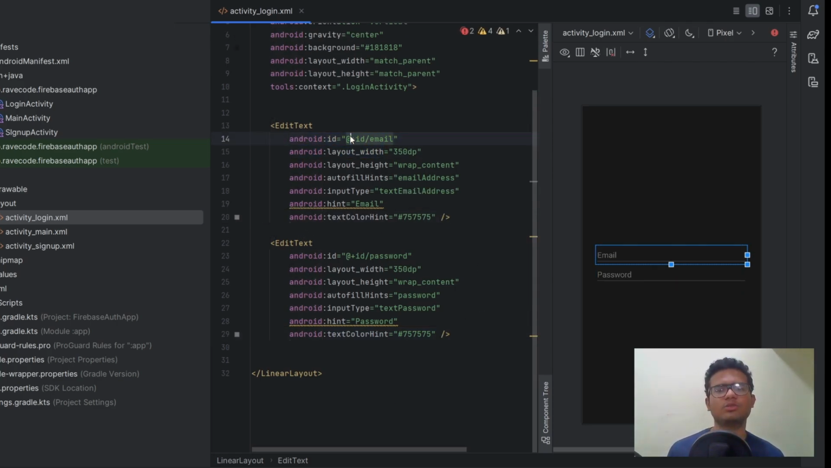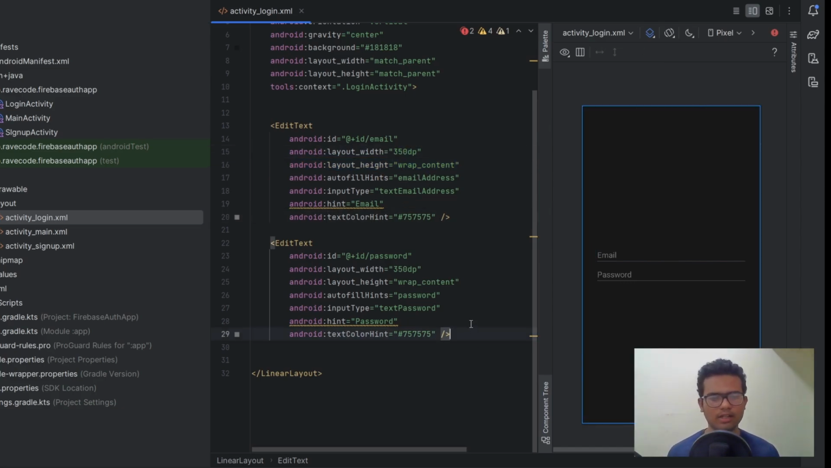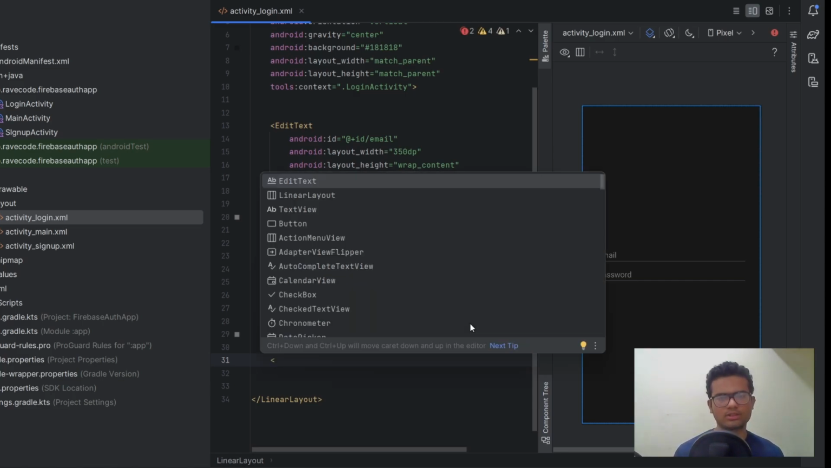This is the ID to identify this field through here, these activities file, and the width and the height. We'll set the height as wrap content, so as much as needed to wrap into that, and the width will be 350 dp. We have fixed that. Let's add two more stuff. One is a continue button,